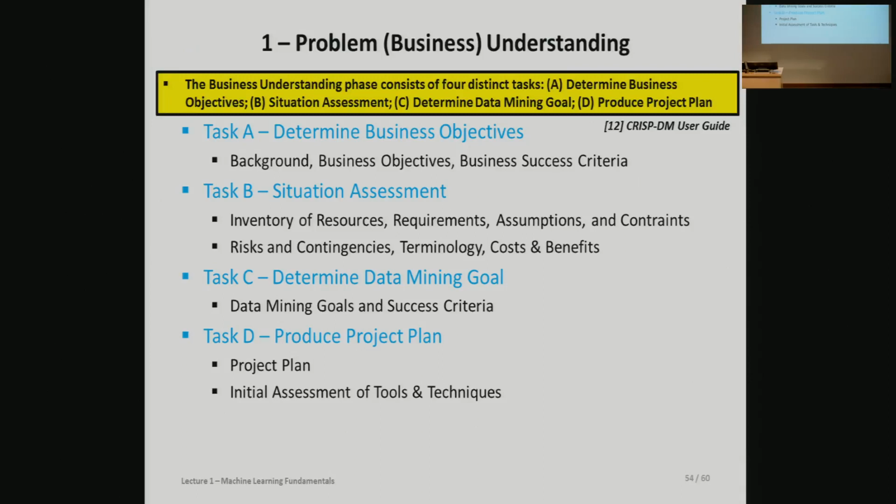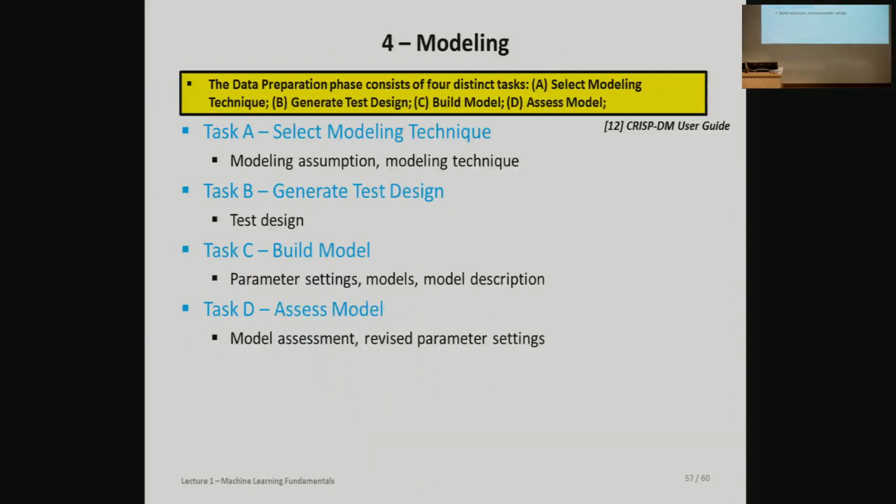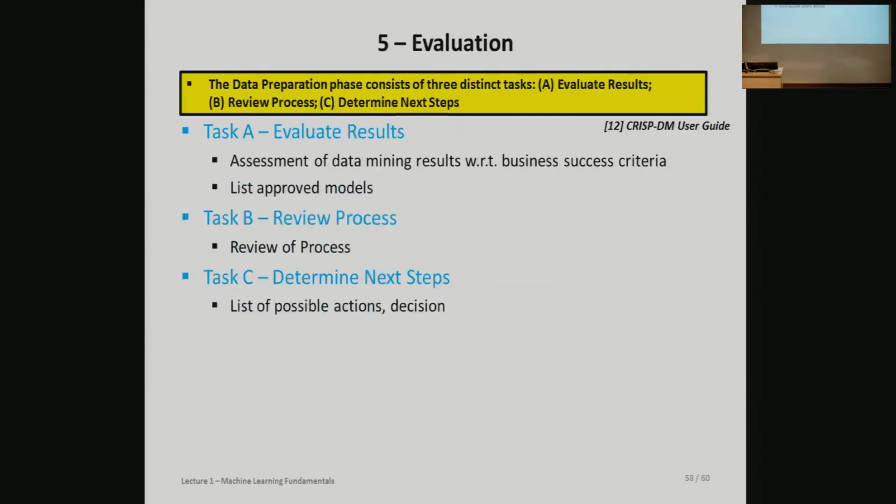Also, just to come back to the first step, problem understanding is what I put there. Of course, the official model says business understanding because it's a business model, but it still fits very well in science and engineering problems. And then data preparation: all the different pathways are very nice, different tasks where you can directly see how they are reflected in machine learning models.